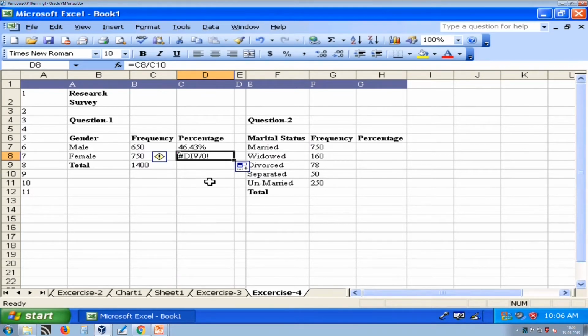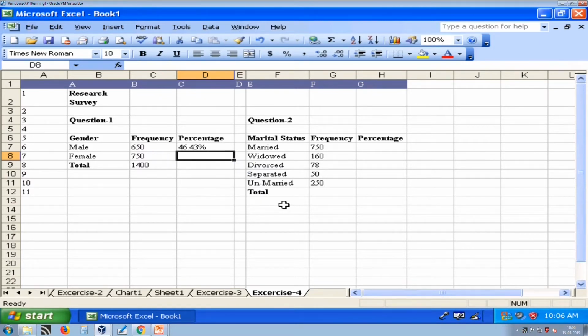Here it is C7 by C9, and when you copy this formula it becomes C8 by C10, so it keeps changing on rows and columns, but I want to keep this row fixed.